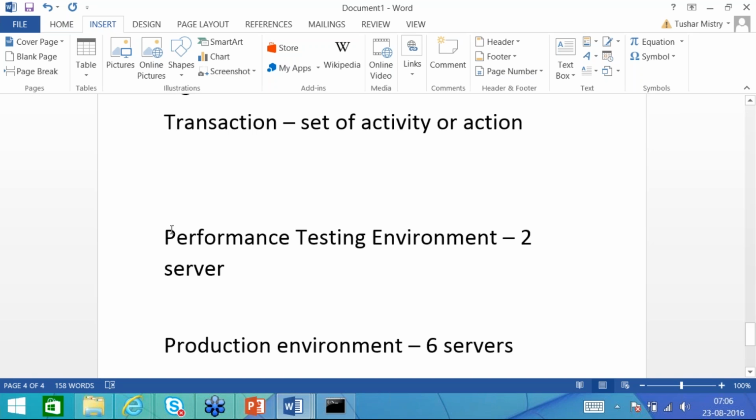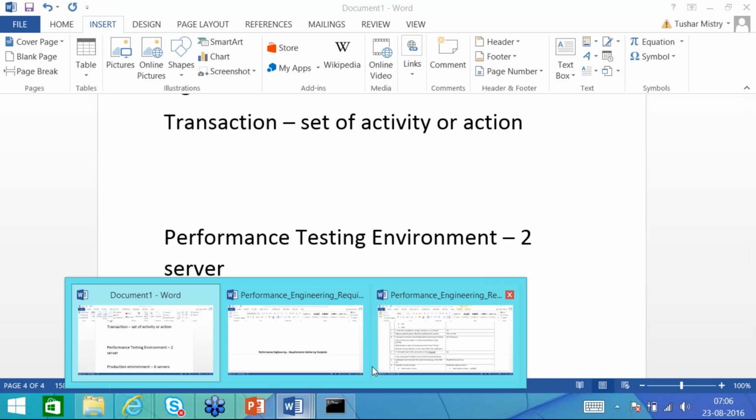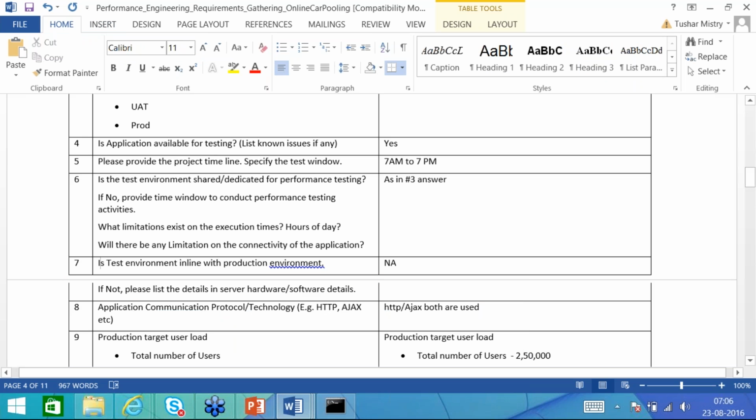You can see there are 4 more servers on the production environment. So it is not the same. It is not in line with your performance testing environment.